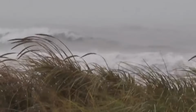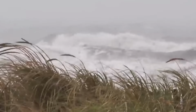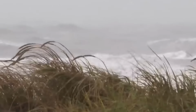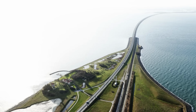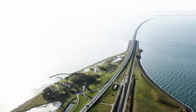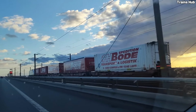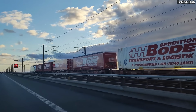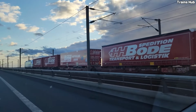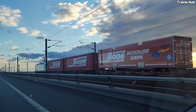On January the 1st and 2nd, 2019, a storm dubbed Alfreda struck the Danish coast, with strong winds causing widespread flooding and chaos. The Danish Road Directorate closed the Great Belt Bridge for all road traffic on the night of January the 1st, expecting to reopen it by 11 AM the following day. Although the bridge remained open for rail traffic on the morning of the accident, had the wind speed increased by a further 9 miles per hour, it would have been closed for trains too, a minor variation that led to